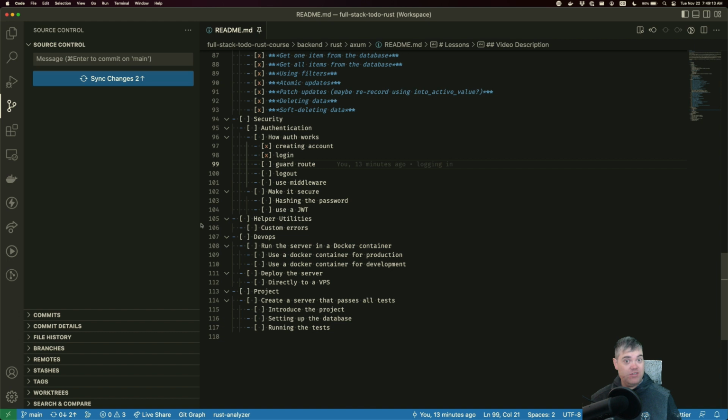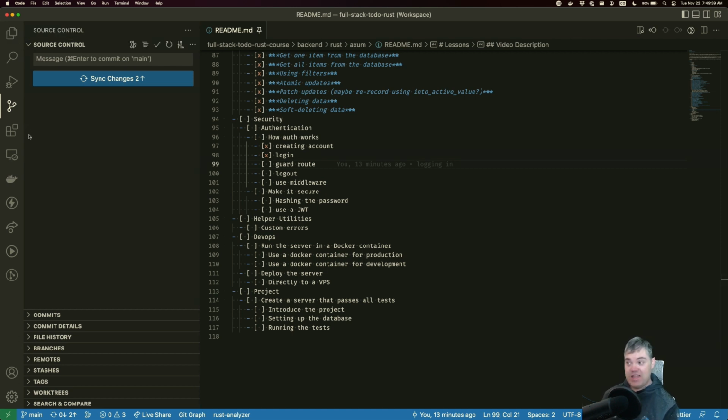Guarding a route simply means receiving that token and making sure that the person making the request is the same person who logged in or created the account or did whatever they did to get a token from us. We kind of need that in order to log out. So let's go ahead and create our guard for creating a new task.